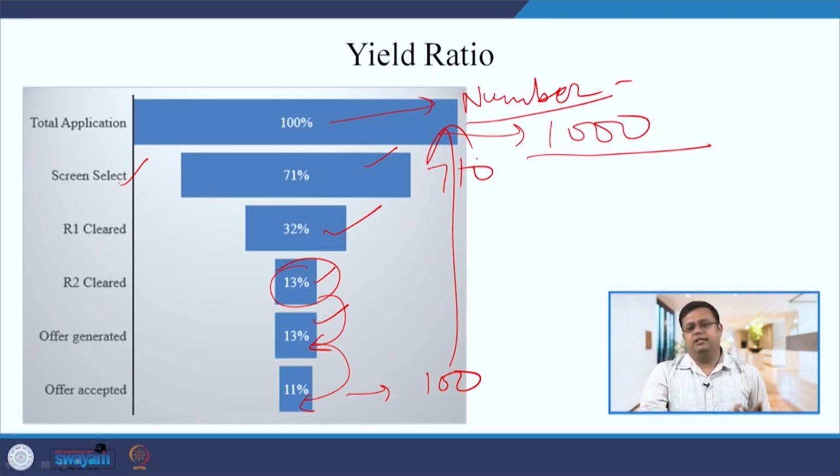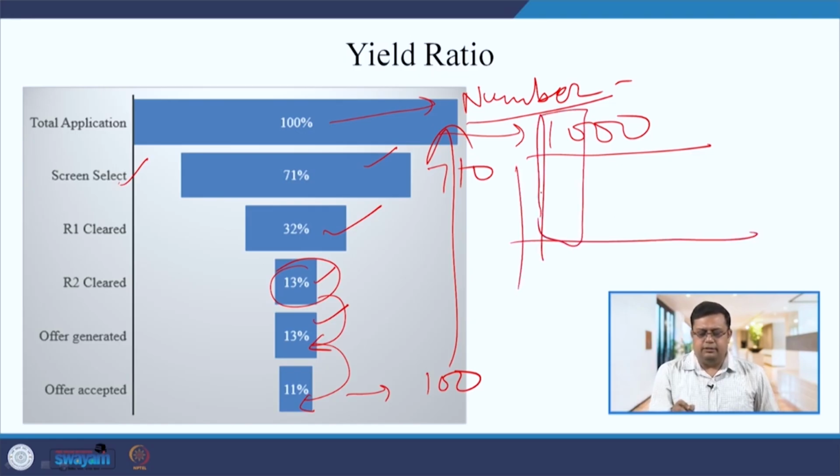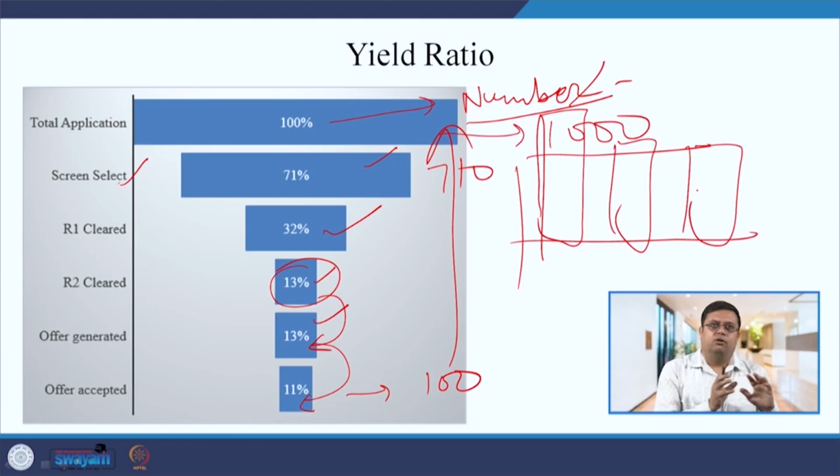This is just one way that I am telling you. You can make a bar graph also. You can mention the initial total application, round 1, round 2. It is not important which type of graph you make; you have to decide which type of graph to make, so that you have a better understanding of the data, right? So this is one of the ways, and this is another way. You can make a pie chart, you can make a bar graph, and you can make some other types of graph. But my suggestion here is,